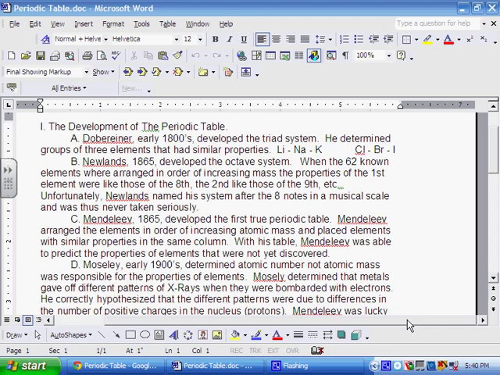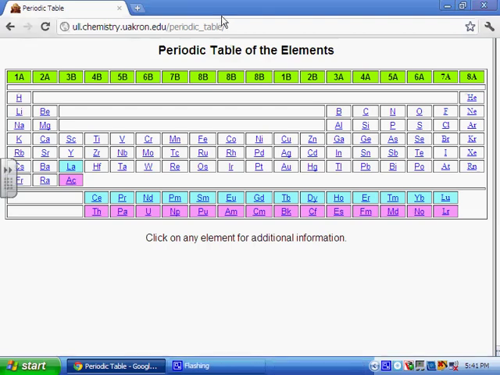Then Newlands, about 1865, had the octave system. Now, Newlands actually saw that every eighth element seemed to have similar properties. Once again, he was seeing the idea of the groups or families. Because if you look at the top of the periodic table, let's take a quick look at that. If you look at, say,